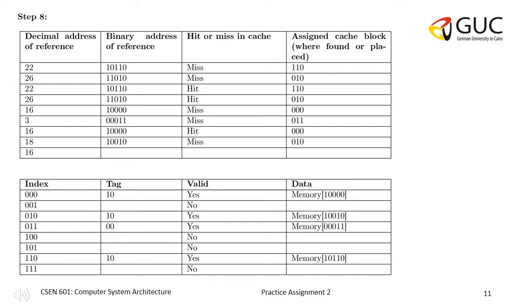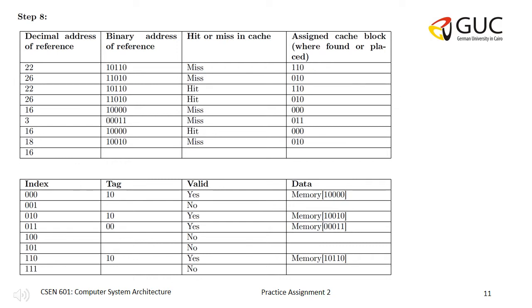We will find that the valid bit is yes. That means there is some sort of data in this block. Now we need to check if this data is the data we want or not. How we do that is by comparing the tag. So the tag here is 10. We compare it with the tag that is already in the cache, which is 11. We will find that they are not matching,